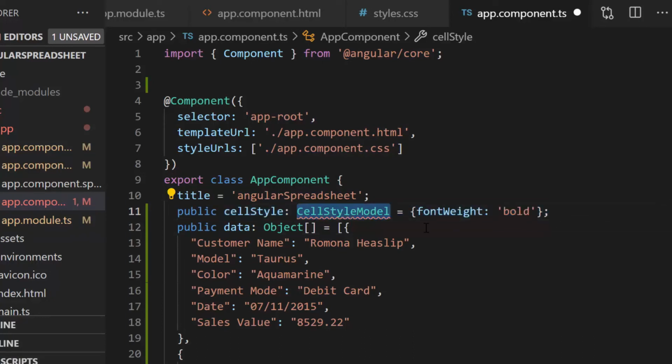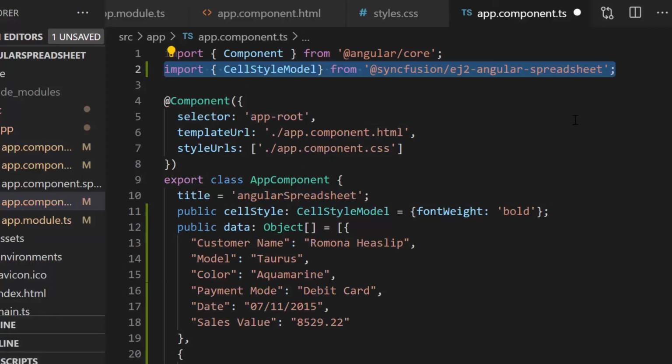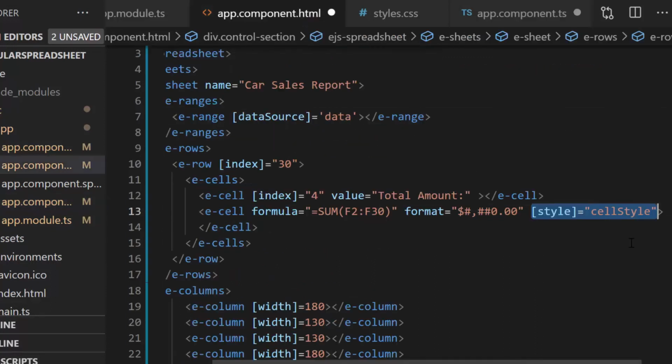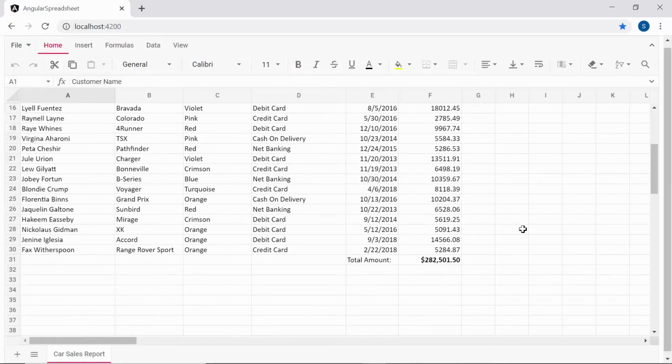Now, to use this CellStyleModel interface, first I need to import it from Syncfusion ej2-angular-spreadsheet package. Then, I will assign this variable cellStyle to the style property of the spreadsheet. Look at the output page now. The font weight is applied to total sales value.